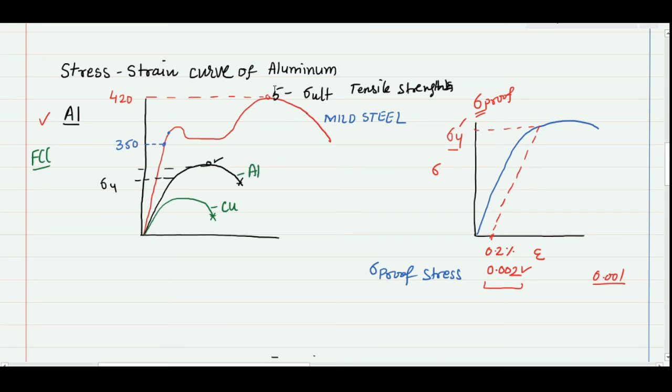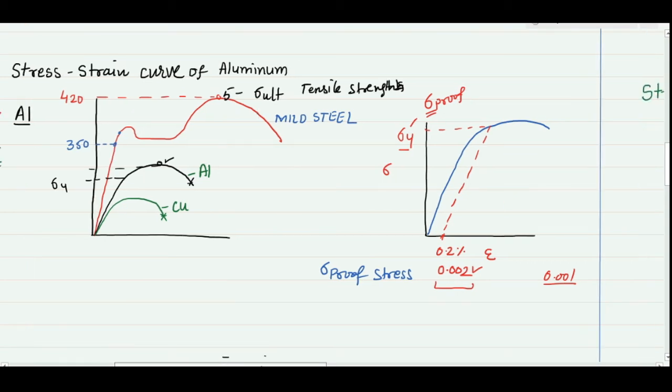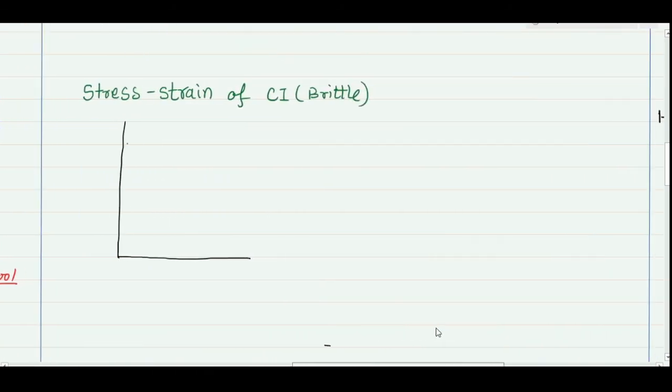After finding the stress strain diagram of aluminum, let's move to the stress strain diagram for a brittle material, for example, the cast iron. In case of a brittle material, your stress strain diagram is like a straight line and there is a sudden failure. Because the brittle material does not show any change in length, there is a sudden failure. If I make the stress strain diagram for cast iron, it will be a straight line and then there is a sudden failure. So there will not be any indication of change in length.